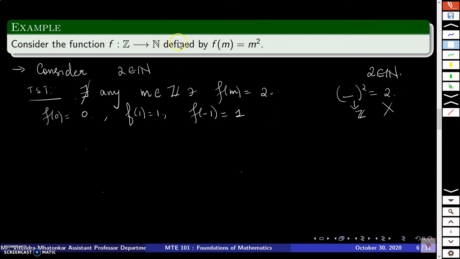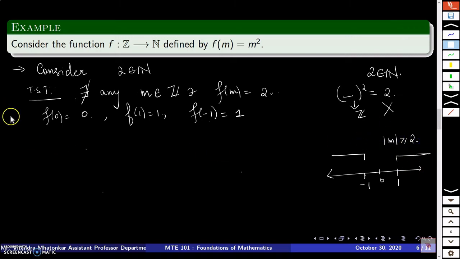So the only points left to check from the set of integers are the numbers after 1 and before minus 1, that is 2, 3, 4, 5, all those positive integers after 1, and all negative integers before minus 1. And those are the integers whose modulus is bigger than or equal to 2,